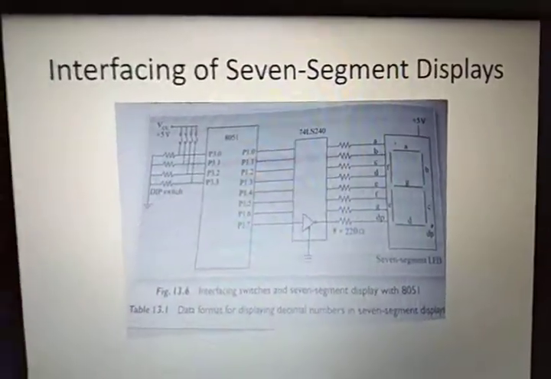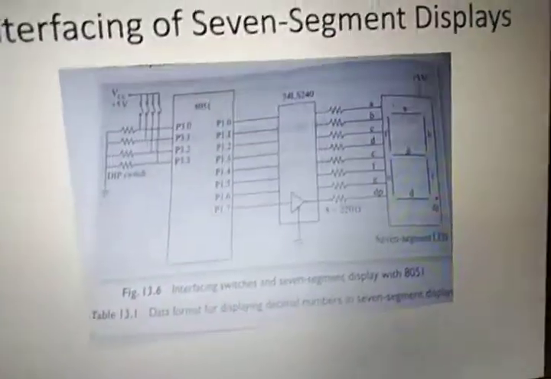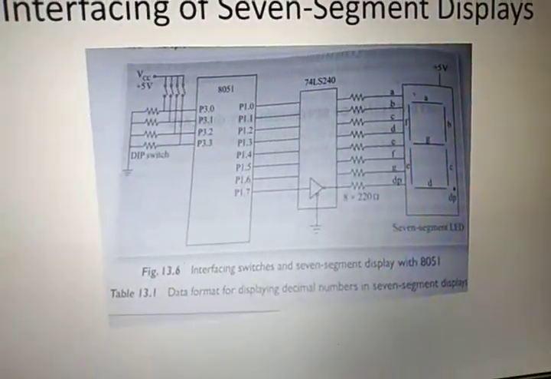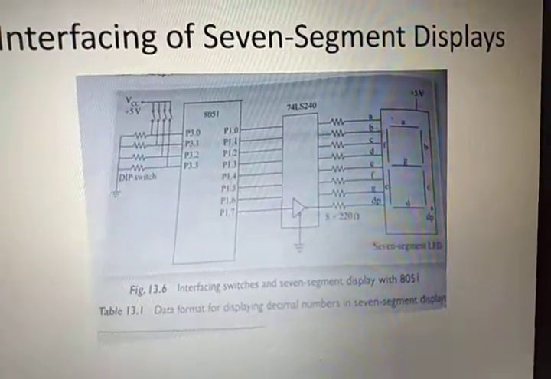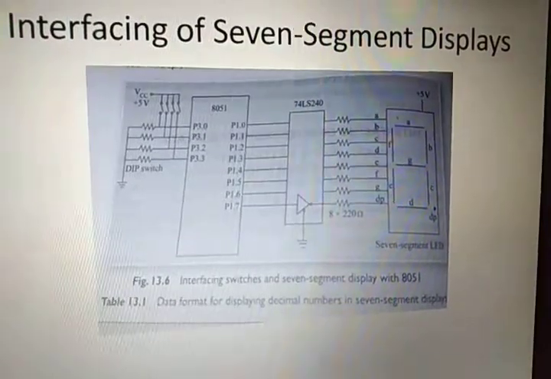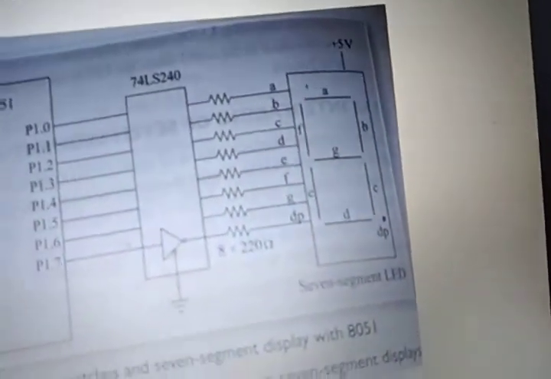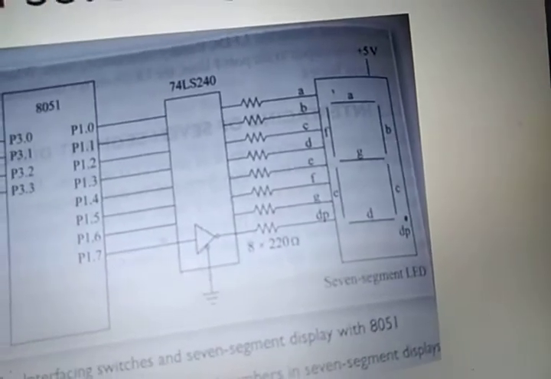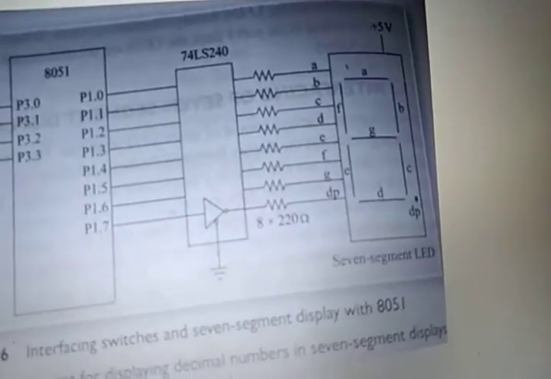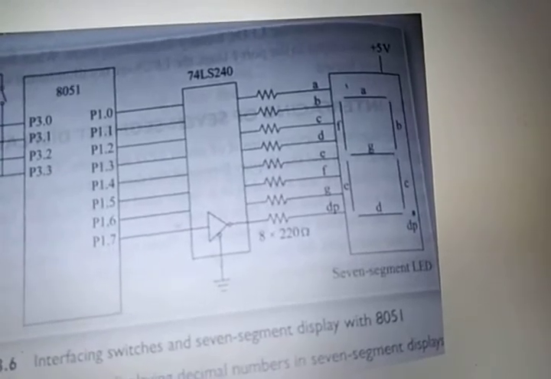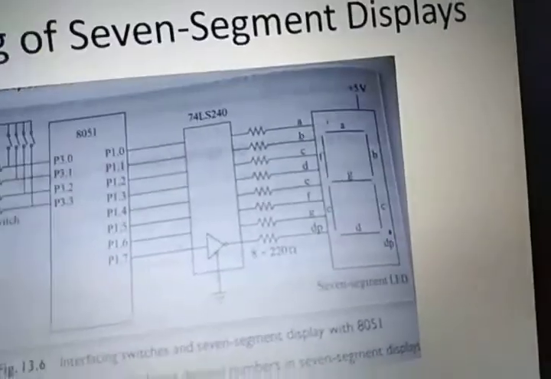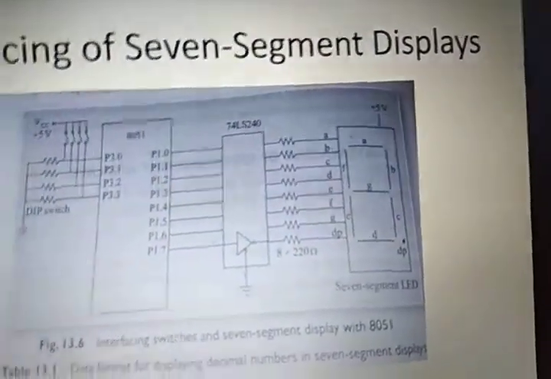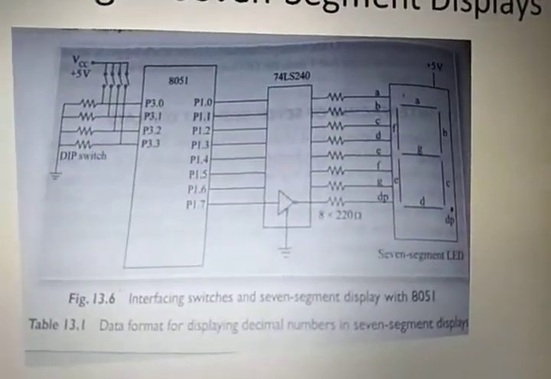Now coming to the third example, interfacing of a 7 segment display. Already we know that a 7 segment display contains 7 segments, A, B, C, D, E, F, G, and the 8th one is taken to be the decimal point. Each segment and the decimal point is associated with an LED. So whatever digit we want to display, the corresponding segments have to be set on, and the remaining have to be in the off state. Generally we'll be giving the numbers in BCD.